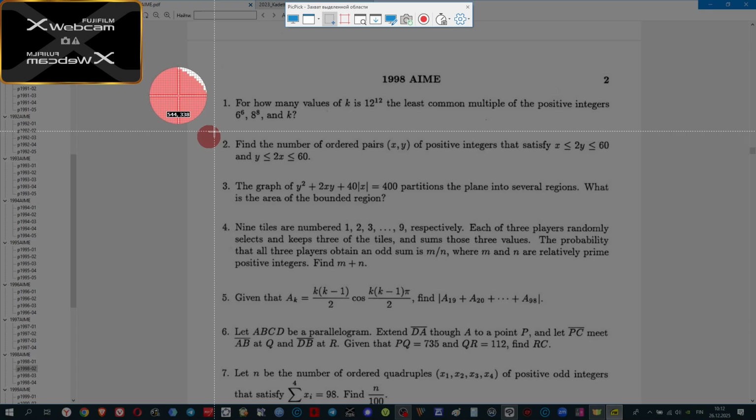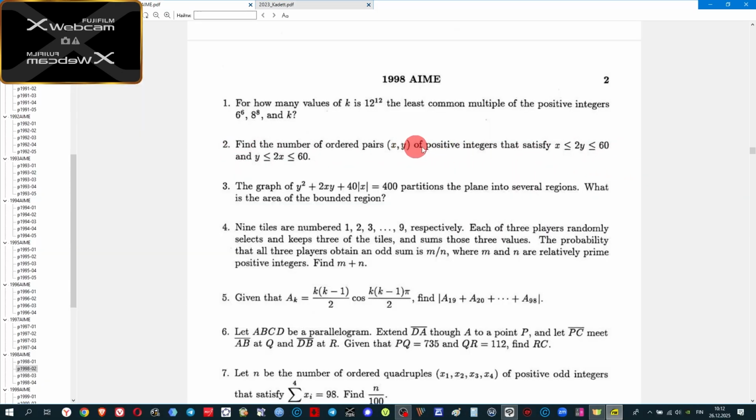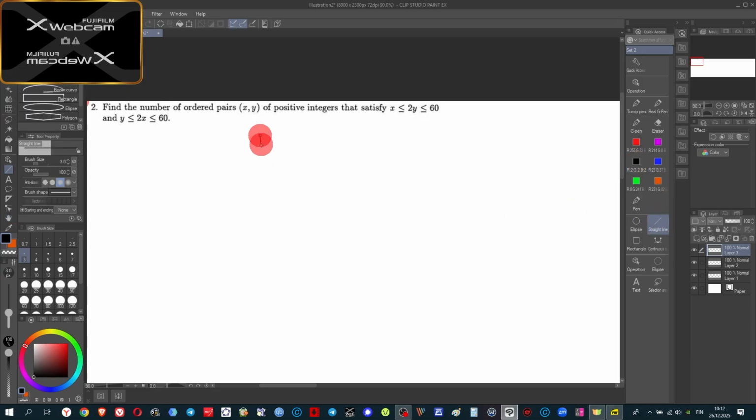Okay, let's go to problem number 2. We need to find the number of ordered pairs xy of positive integers that satisfy these two inequalities. If you have minimal experience with such problems, you know that it makes a lot of sense to draw the x and y axes and to mark the region on the plane where you have all the needed pairs xy. It's usually the best way to go, because if you try to solve it directly,